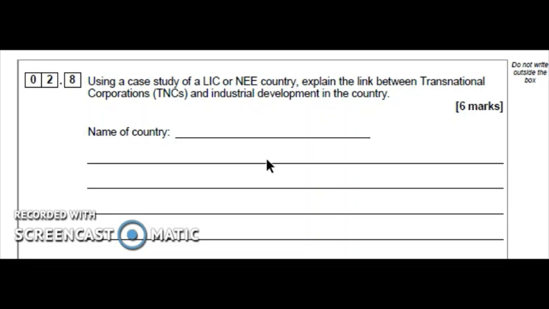You can reference places like Bodo, which is a small town in Nigeria. They used to all be fishermen, but because of these oil spills, these fishermen can't make any money. So as a result, yes, it is developing the country, but it could be doing more because it is also hampering them as well.